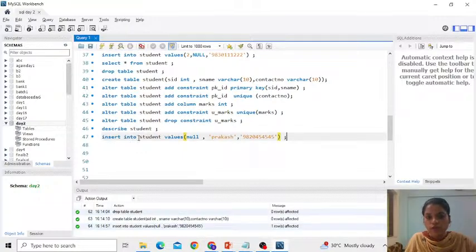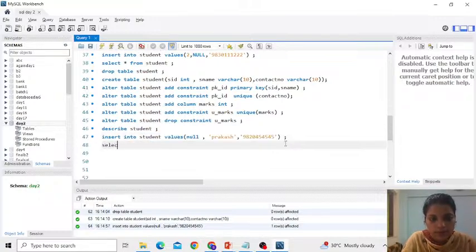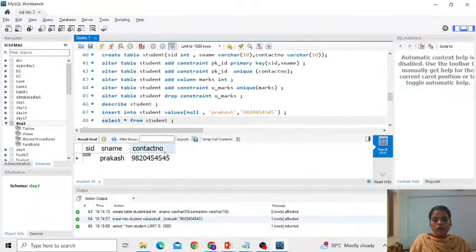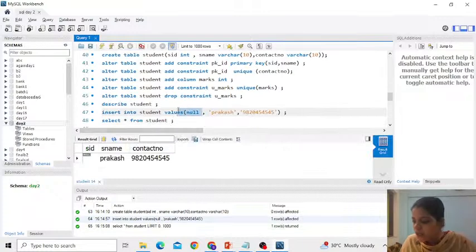Okay. So insert into student values, and if you say select star from, okay, that means it worked. If Manjot is here,